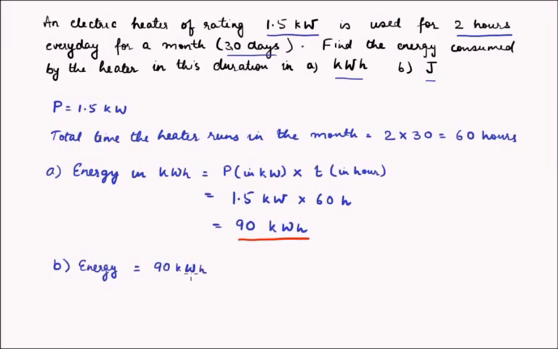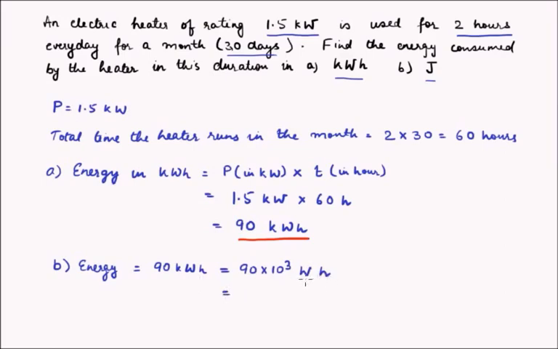We need to convert it into the SI unit joule. So first we write it down as 90 into 10 to the power 3 kilo to watt hour, and then